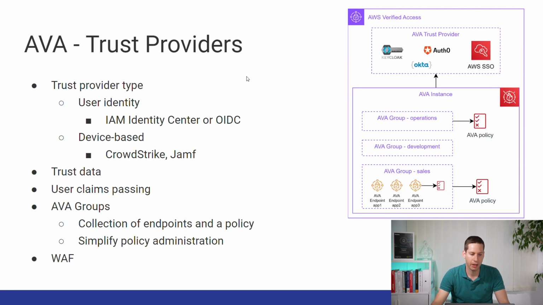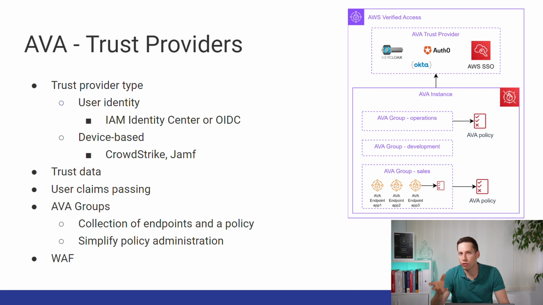Then it comes to the trust providers. A trust provider can be a user or a device type. It's something you need to configure at creation. A user type trust provider can either be IAM's identity center or any third-party identity provider that conforms to the